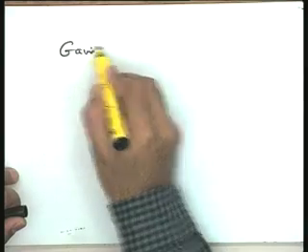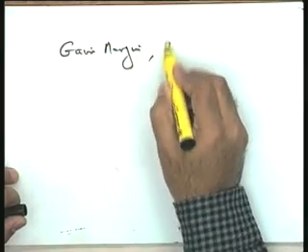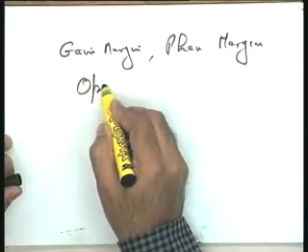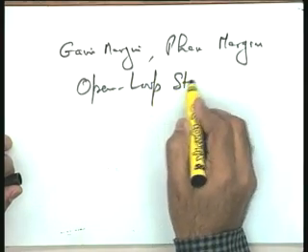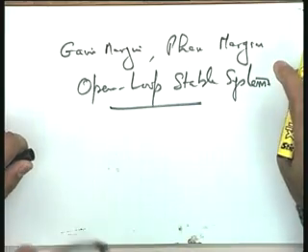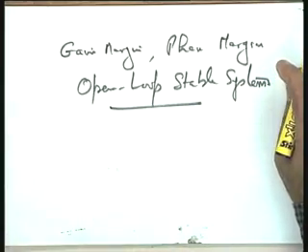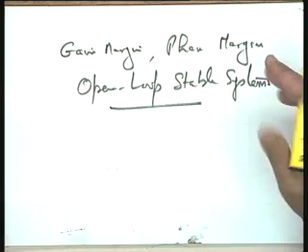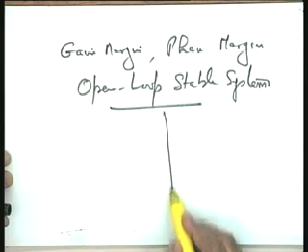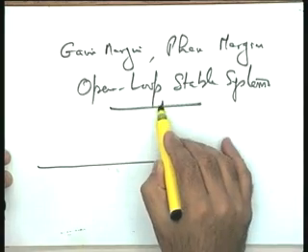Okay? And hence, let us conclude that the definitions of gain margin and phase margin which I have given are applicable to open loop stable systems. We limit our discussions to this, and this limitation is not a big limitation, because most of the industrial systems we work with are open loop stable systems. So, if you come across an open loop unstable system, take special care of that system, that is the only point. Okay? So, now let us finally take up the definition of the gain margin and phase margin.